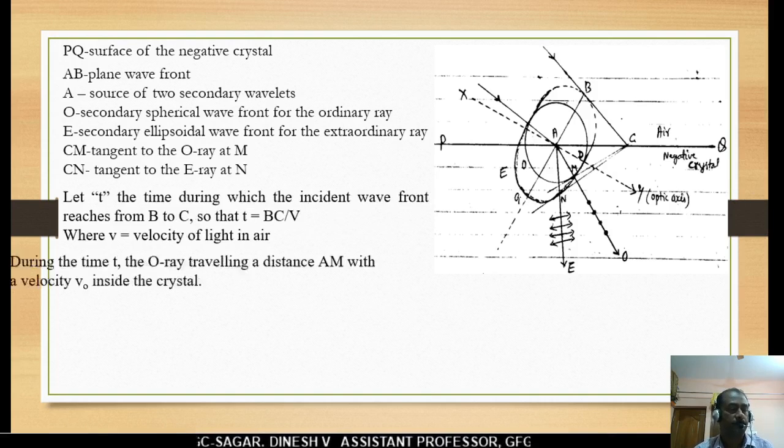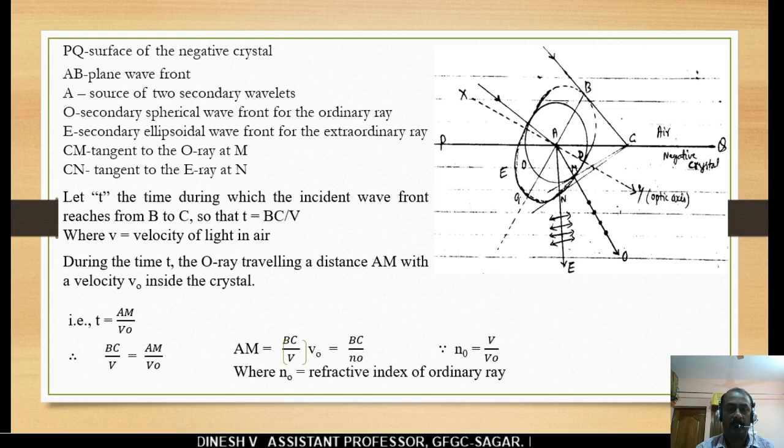Let T be the time during which the incident wavefront reaches from B to C, so that the time interval T equals BC upon V, where V is the velocity of light in air. During the time interval T, the ordinary ray travels a distance AM